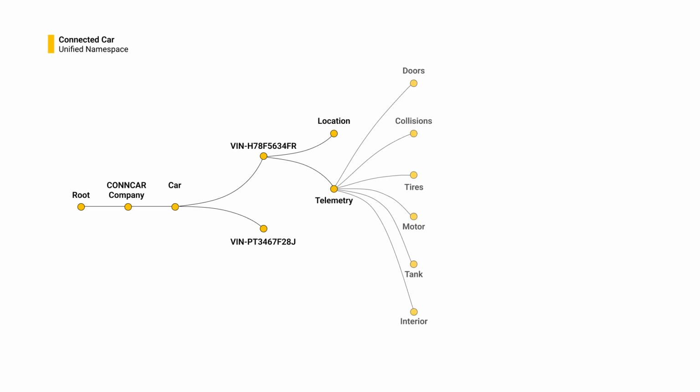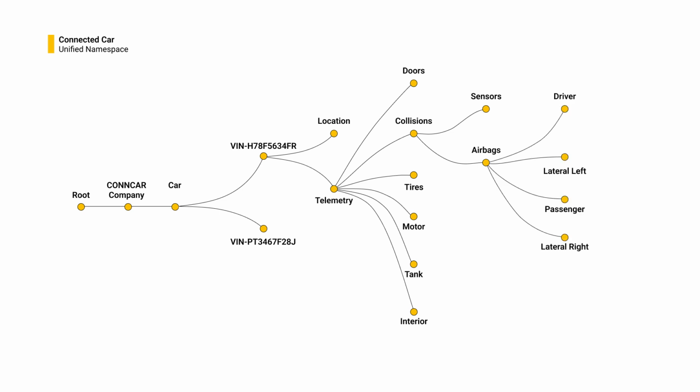The unified namespace is an upcoming concept that would also be ripe for a connected car experience, especially if you have a fleet of vehicles. So you talk about different cars, and then you have different VIN numbers. And then within those vehicles, you have different subsystems like the location, telemetry, and then motors. And that goes into different sensors, airbags, and then it goes into things that you want to track. That's what unified namespace is all about. It's conceptualizing the data so that it can easily be combined with other information within your enterprise.